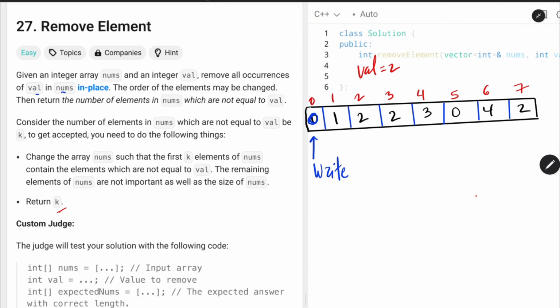What in place means is that we cannot store these elements in an extra array. Everything should be done within the nums array. The order of the elements may be changed. Then we need to return the number of elements in nums which are not equal to val. We need to consider the number of elements in nums which are not equal to val